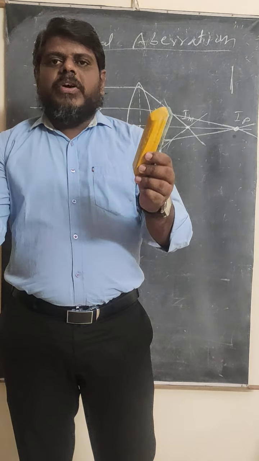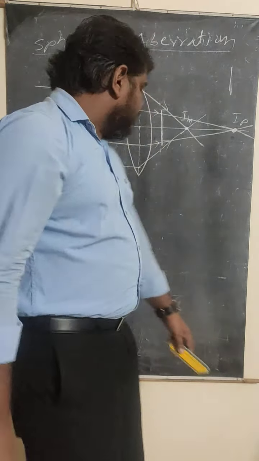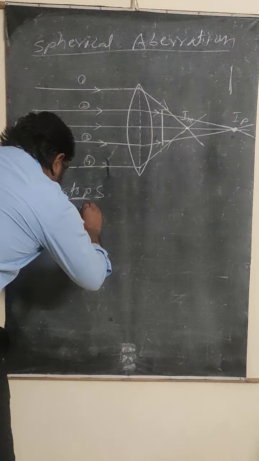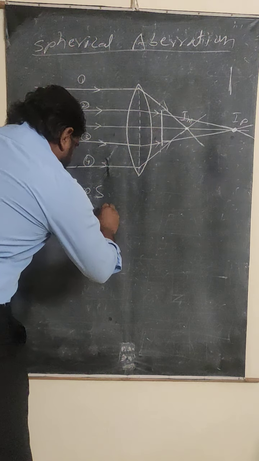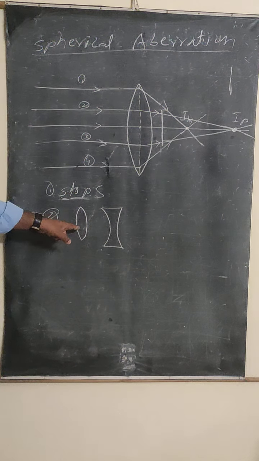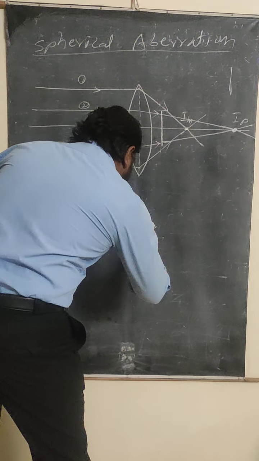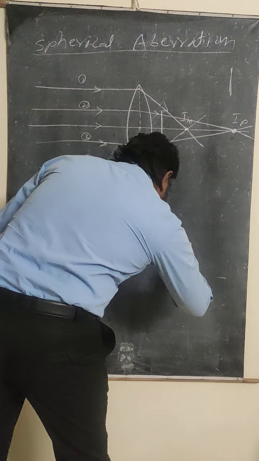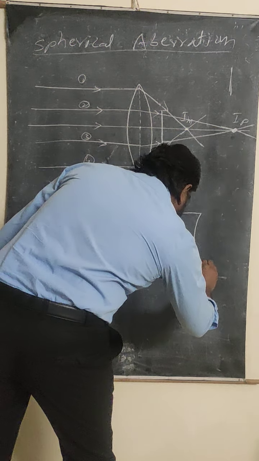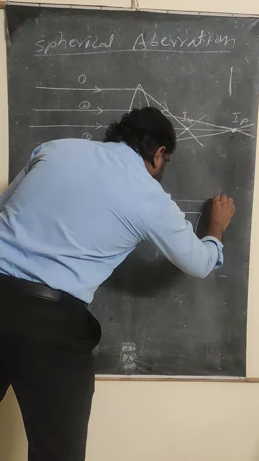That means you are just going to join them. A suitable convex lens and a concave lens you are going to take here. That means the arrangement will be like this. This is a convex lens you are taking here. Okay, this is a convex lens and this is a concave lens. One is a convex lens and one is a concave lens, and you are just going to join them. When you join them, the arrangement will look like this. This is a convex lens and then a concave lens. Now you are going to join both of them, then the arrangement will be like this.